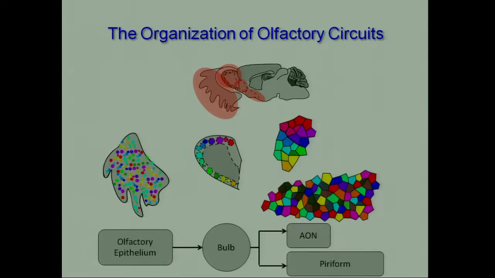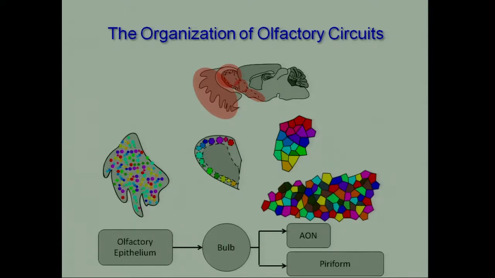The actual pattern, the divergence and convergence, is really interesting. So it turns out that it's salt and pepper. Each one of the colors is a different receptor for recognizing different classes of chemicals. But all of the red ones converge on the red glomerulus, and all of the yellow ones on the yellow glomerulus. So it's a tremendous convergence going on.